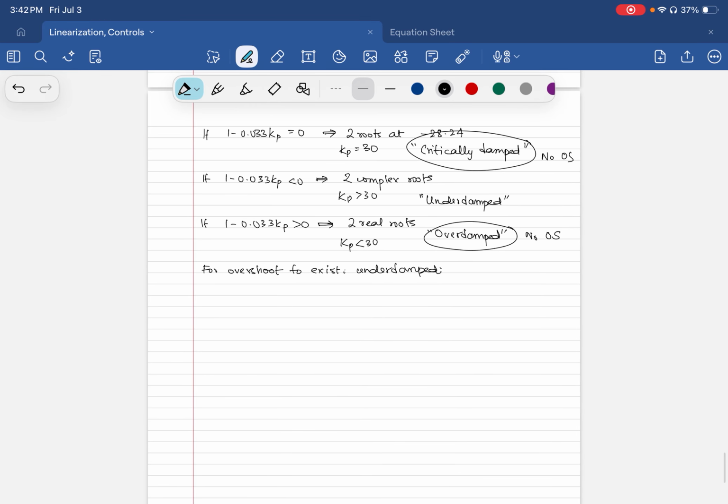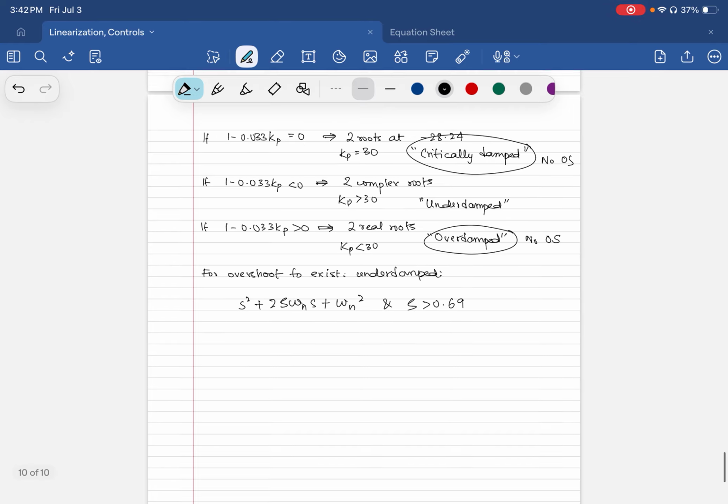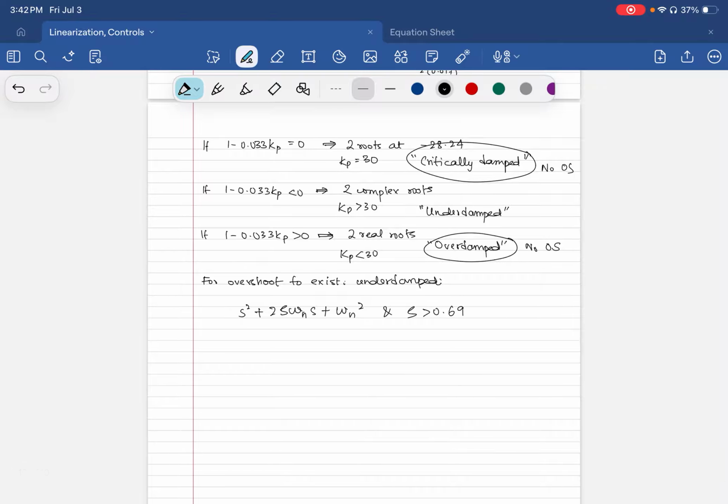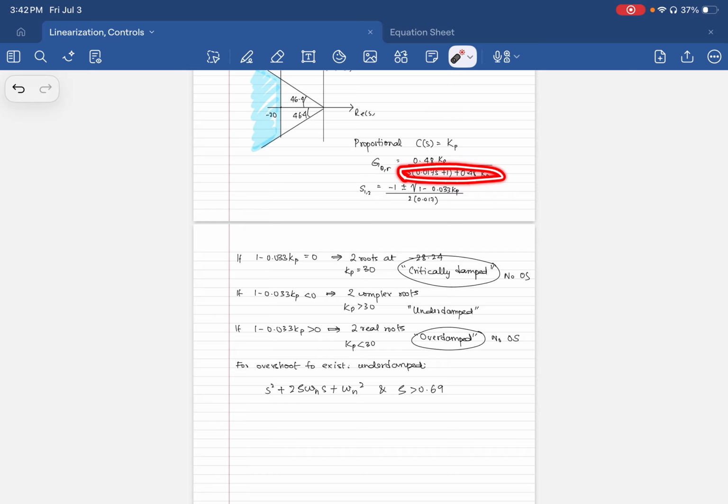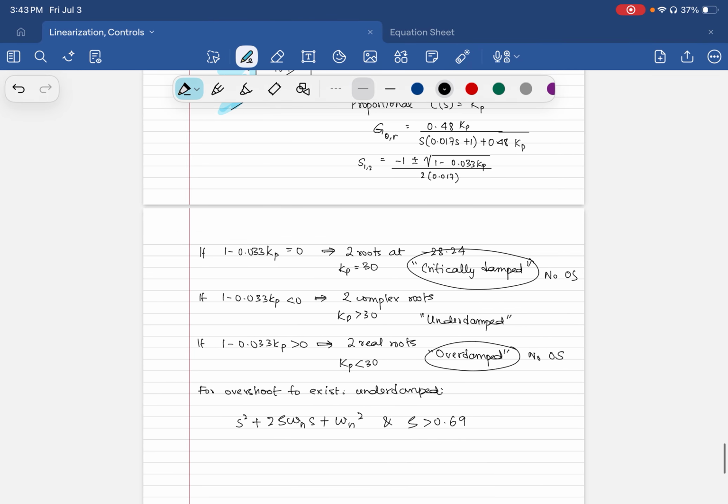So if I now write it in the standard form of s square plus 2 zeta omega n s plus omega n square, and we have zeta greater than 0.69, then essentially from the denominator of this here, which is basically the characteristic polynomial, which is this